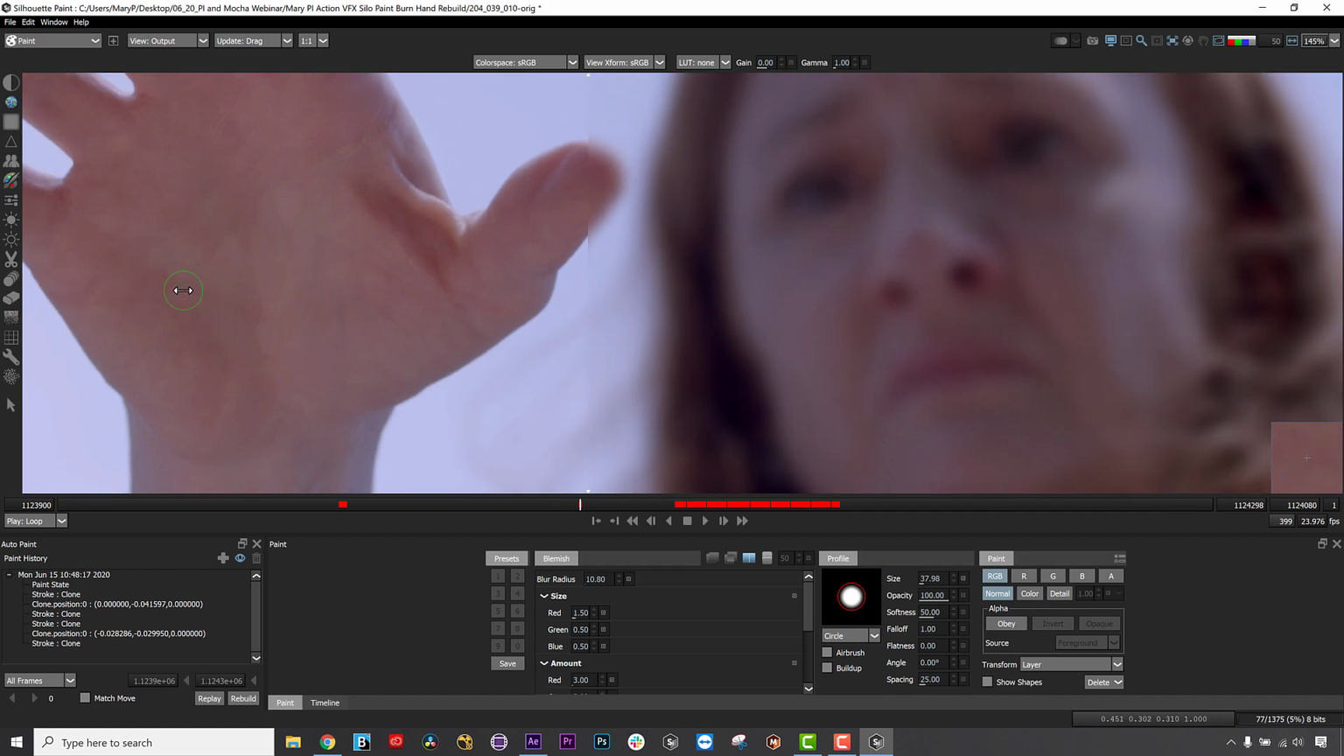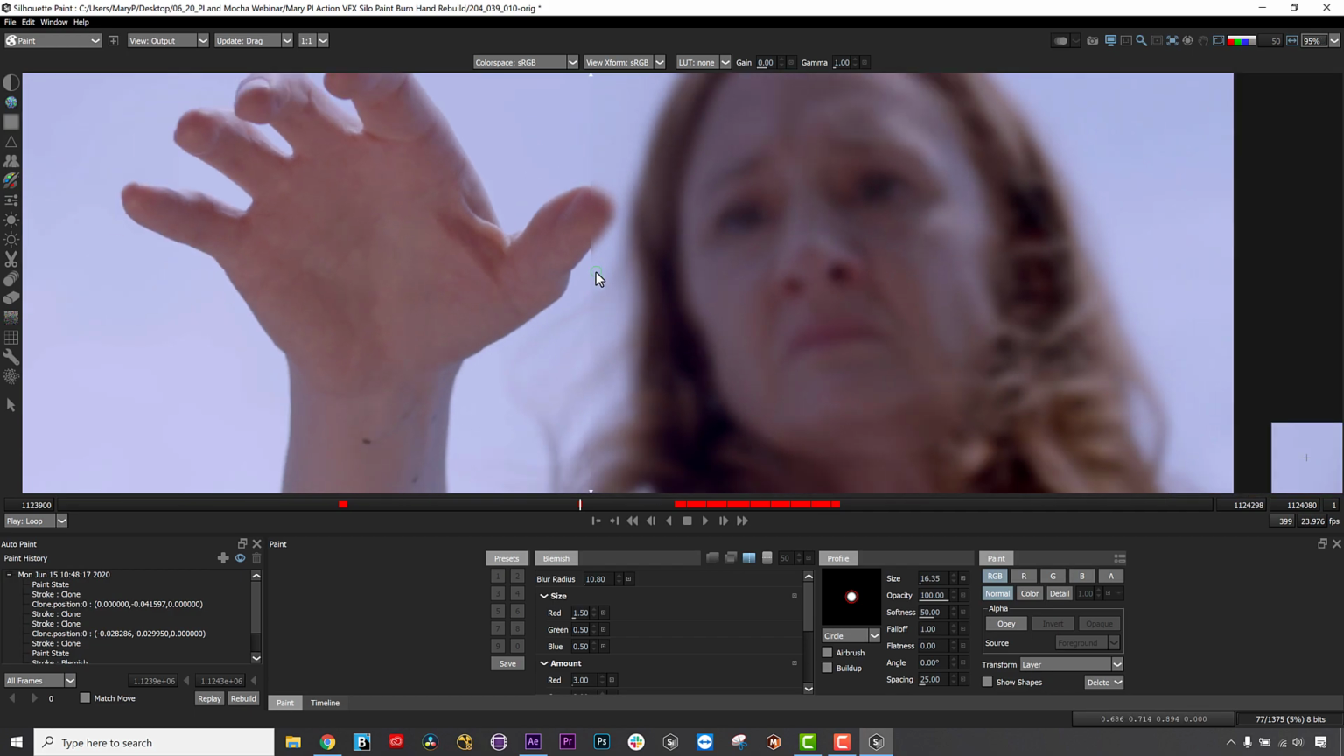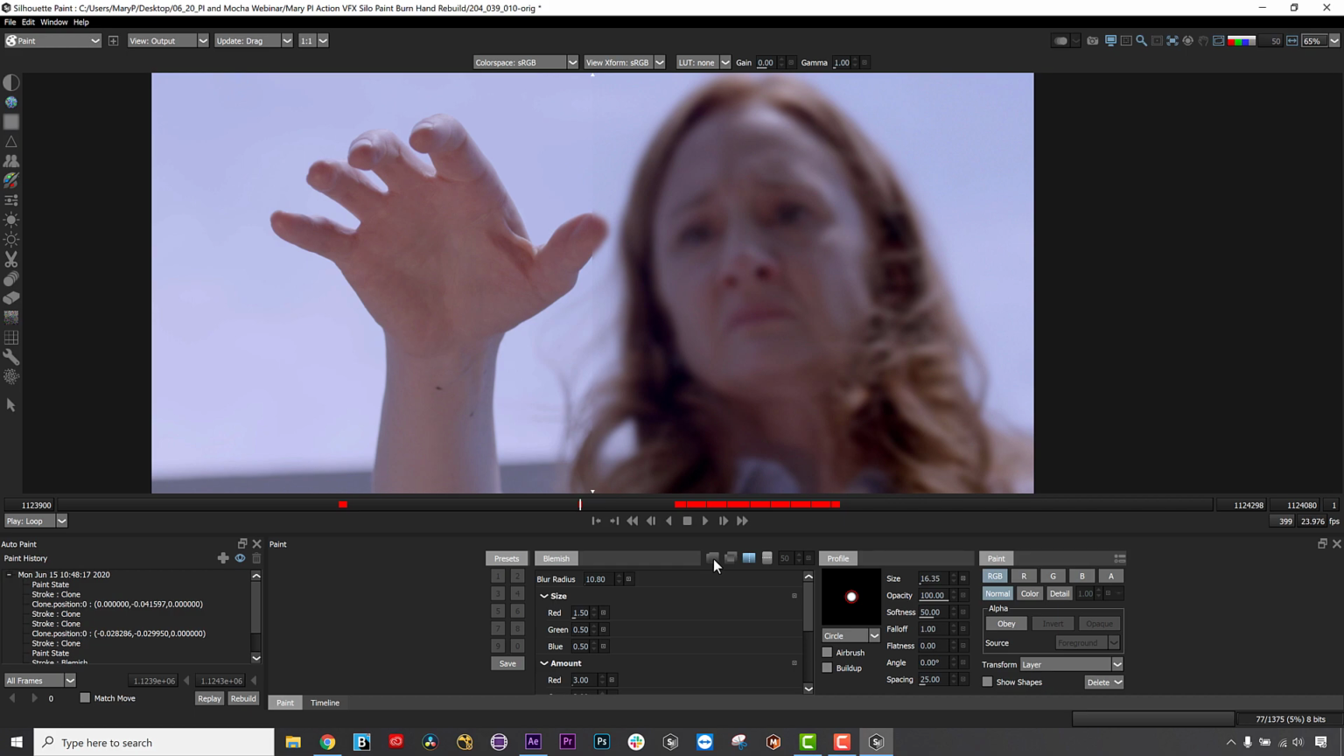So what we're going to do is we're going to use this tool. We're going to make the brush size just a little bit smaller, and we're going to blend around the edges of our clone tool. And what you can see is that really hides any sins that were left in the shot. We're going to go back to our